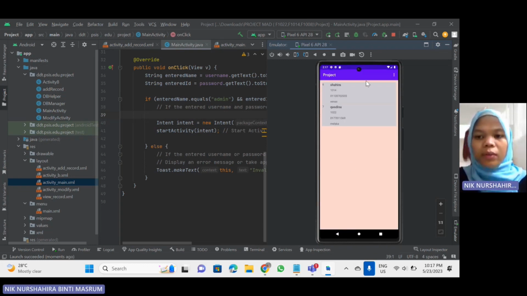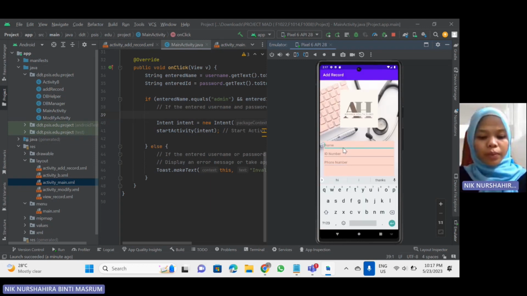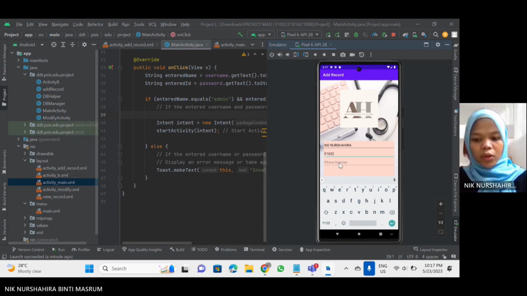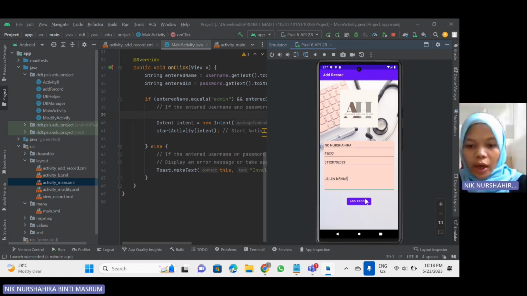If I click login, then add record, then I put the name, ID number, phone number, and address. So if I add record,